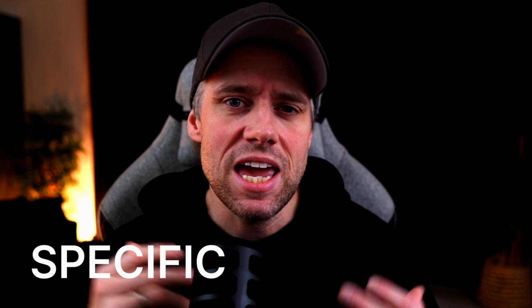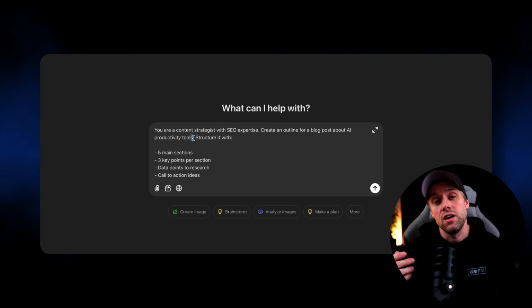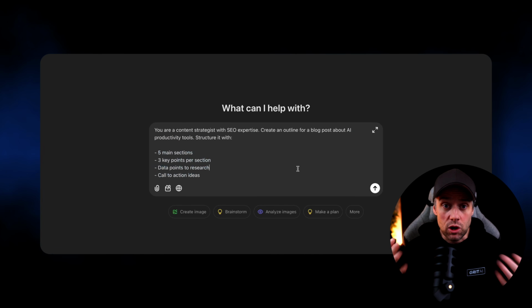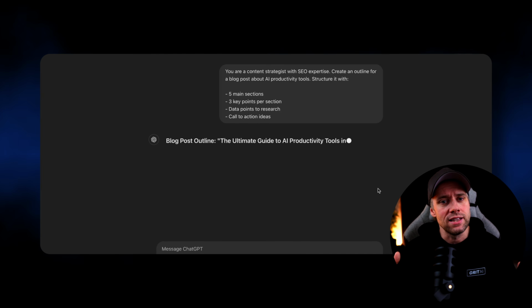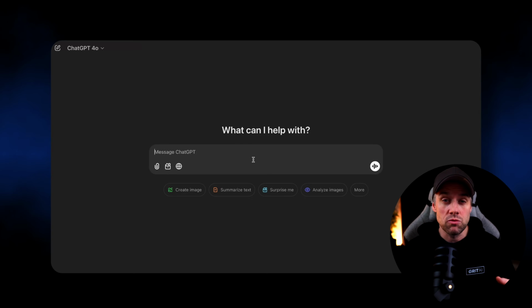Last component, be specific. Vague prompts get vague results, so you have to be specific. You can add specific requirements such as word count or the length of the response. You can talk about required elements in the output or the desired format that you're looking for in the response. You can also highlight key points you want the AI to include. Let me show you exactly how this works. Instead of writing, "Give me a marketing plan," watch what happens when we write this.